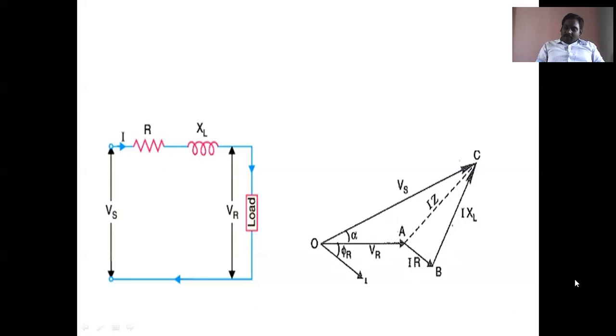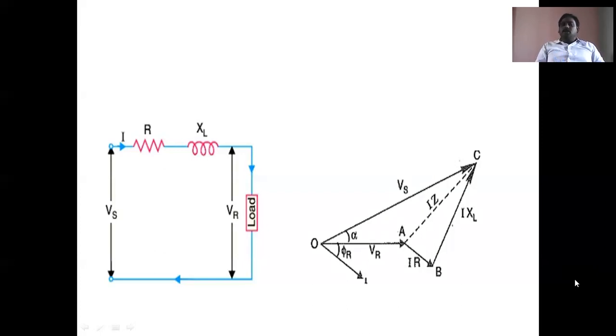then we take I common: I into R plus XL. Inductive reactance is the imaginary part. Since the frequency component exists, it is the imaginary part, which is represented with J. That means I into R plus JXL. These are very clear, very well-known phenomena in our electrical circuits. So the drop across the resistance plus the drop across the inductive reactance is commonly called the drop across the impedance of the line. That drop can be represented with IZ.